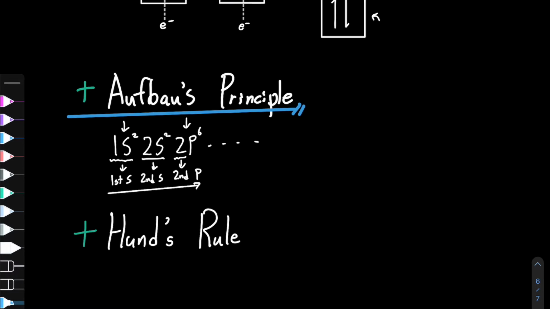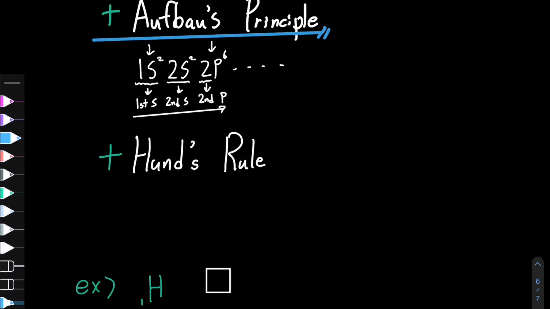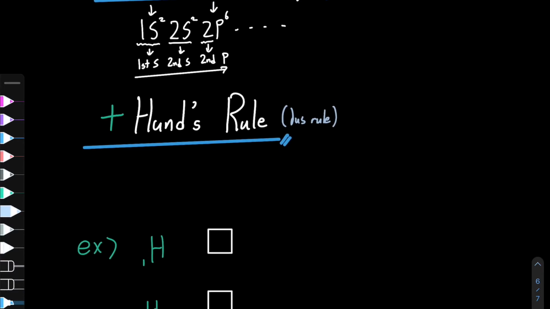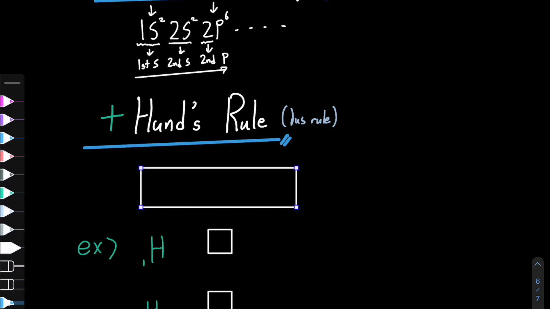Now, taking a look at the next rule, Hund's rule, often known as the bus rule. Hund's rule states that if there is, for example, a p orbital area, in which case there will be 3 boxes and 6 max electron spaces, it states that